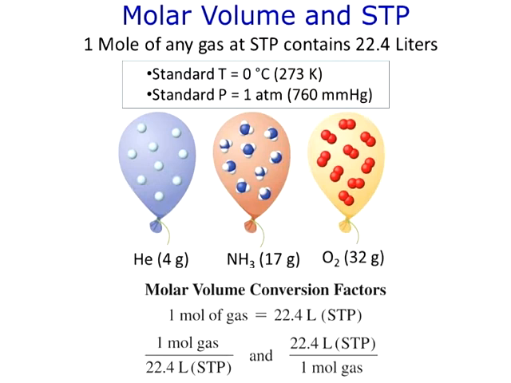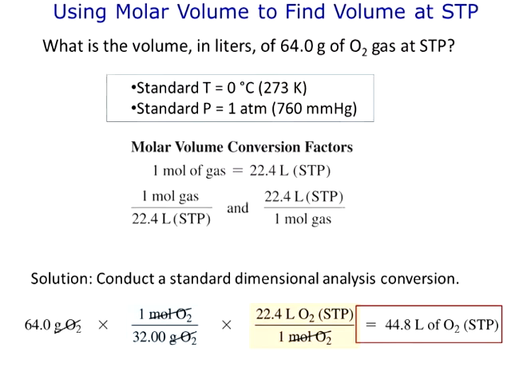Let's do one. What is the volume in liters of 64.0 grams of oxygen gas at STP? Right away, as soon as we said that, we know that at STP, 1 mole equals 22.4 liters. So we have 22.4 liters in every 1 mole. So we can do a conversion factor, a dimensional analysis conversion, to determine how many liters we have in this quantity,